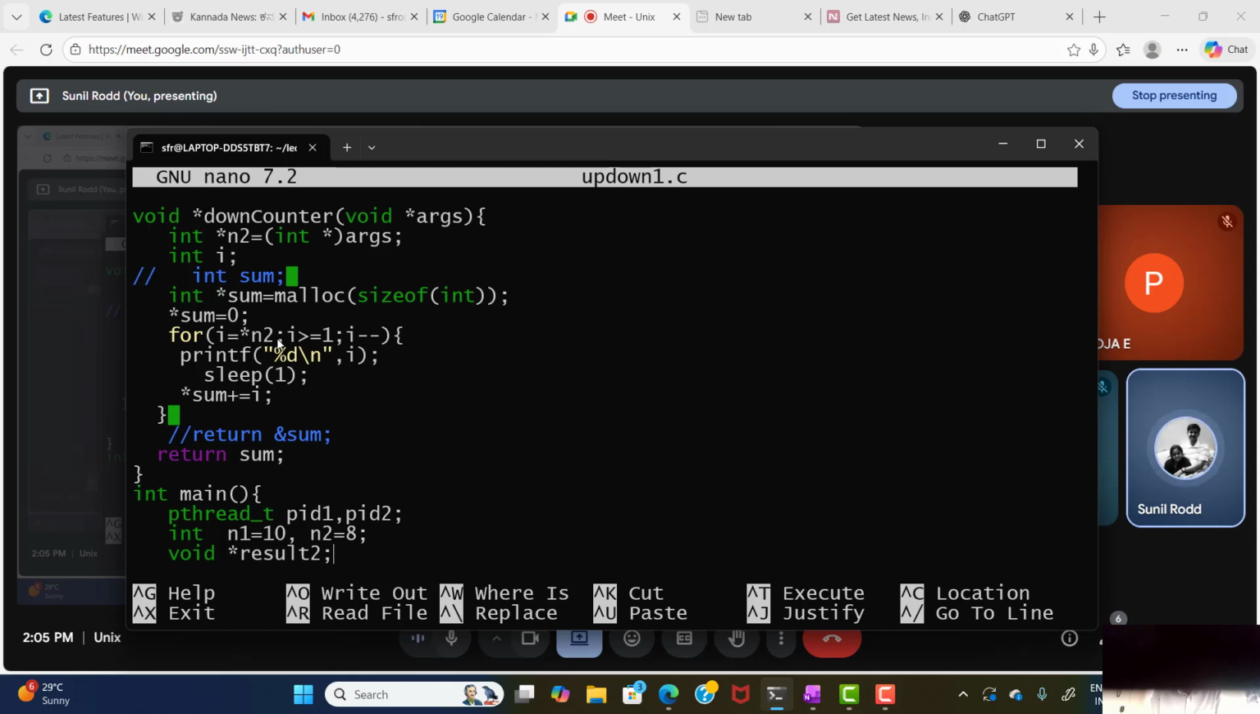So I was declaring a local variable int sum. This was a wrong thing I was doing. That is because, see, within a function, any variable that you declare will be stored on the stack. All of you agree? The local variables are stored on the stack. But this is a thread handler. Moment the thread